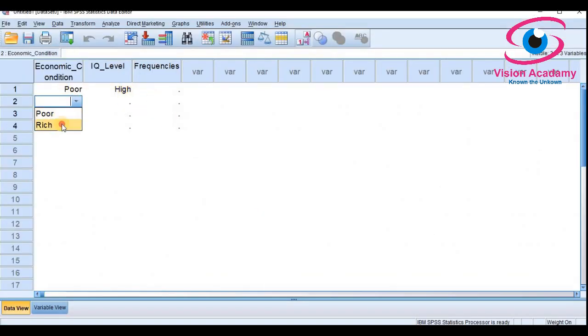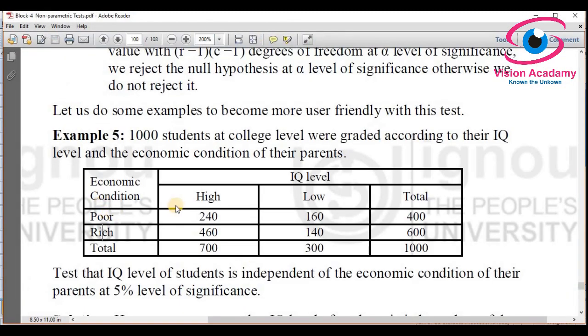Here economic condition rich, in the IQ level high, and in the third and fourth combinations I can take poor low and rich low.